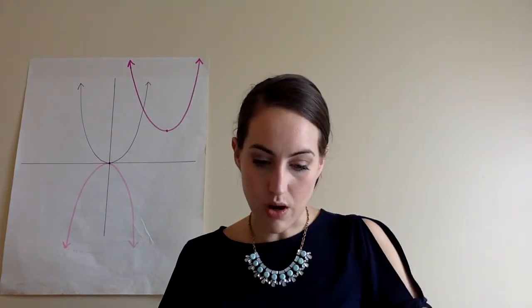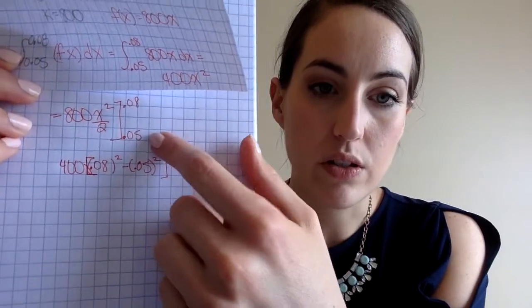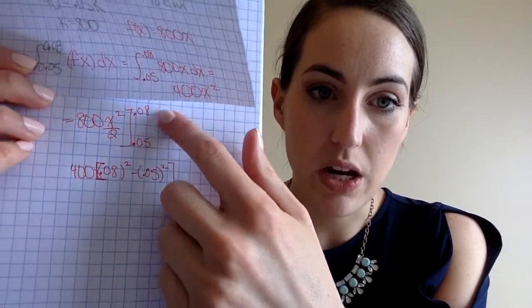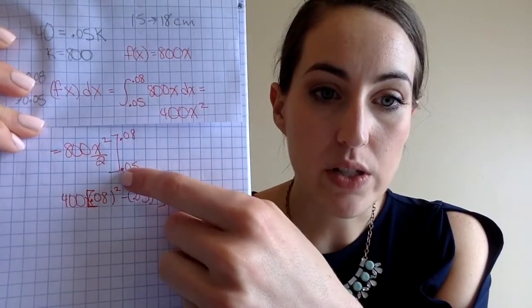Okay, so then you're just plugging in. So 0.05 is going to be an x, and that 0.08, you're going to let that one equal x. So you're going to plug those in. When we do that,